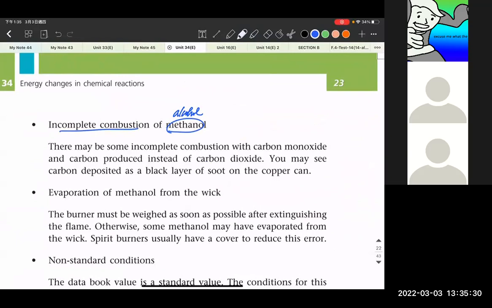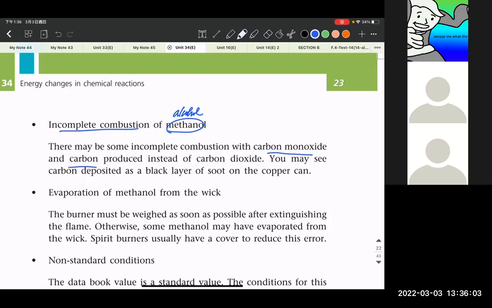Now finally you have got a draft screen, right? It stops the airflow, right? But because you stop the airflow, the burning is not efficient, it's not complete. So during the process, it's not just carbon dioxide and water to be formed, but also some other products, such as carbon monoxide, carbon soot, etc. So all those, I do not know the relative amount. Now, even though you'll be given that H value, I don't know the relative amount, so that we cannot calculate